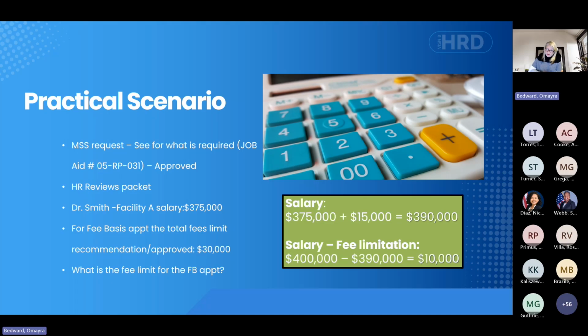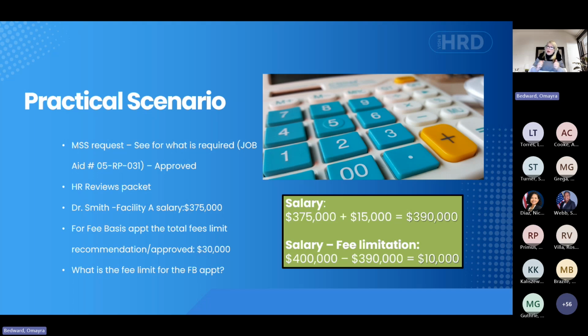Okay, perfect. Yes, you're tracking. 10,000. Perfect. So for the fee basis, we must take into account that there are awards, the 3 Rs, and that performance pay. All these are components of the aggregate limit that a provider can make.